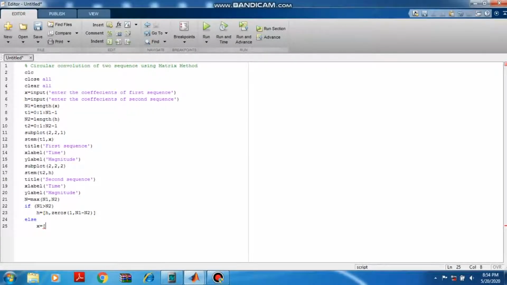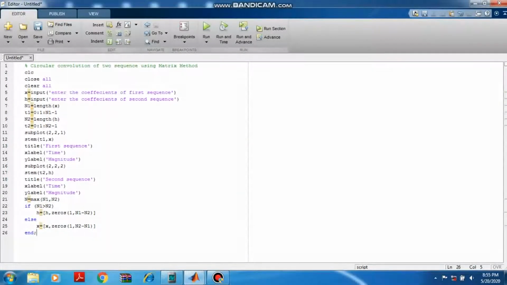So if your H matrix is longer than the X matrix, then n2 minus n1 zeros will be appended after the matrix X: X comma zeros(1, n2 minus n1). Next, end, we come out of the loop.